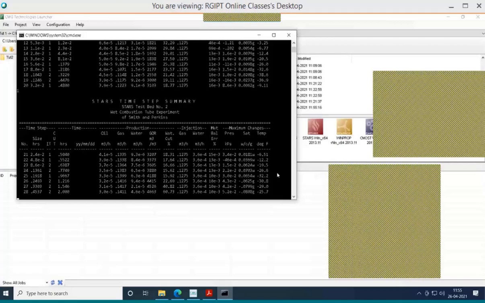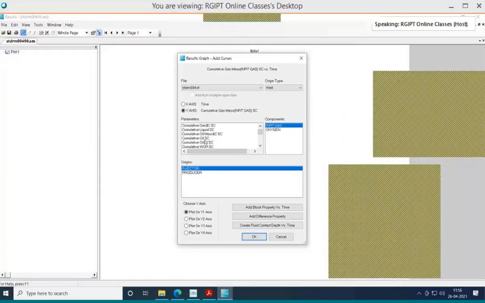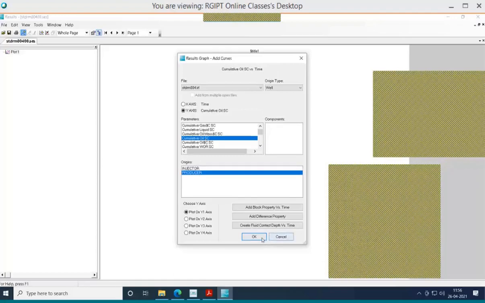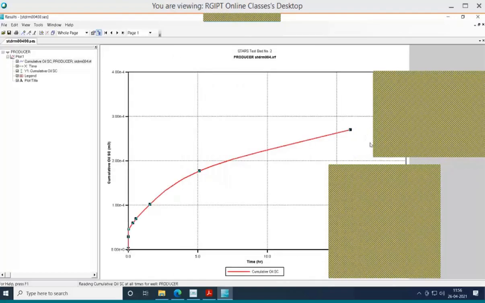Yeah, Rahul, first let me show this result. Okay. There it is. Relative oil produced. Anything you can check. Right now I'm just checking the oil produced.